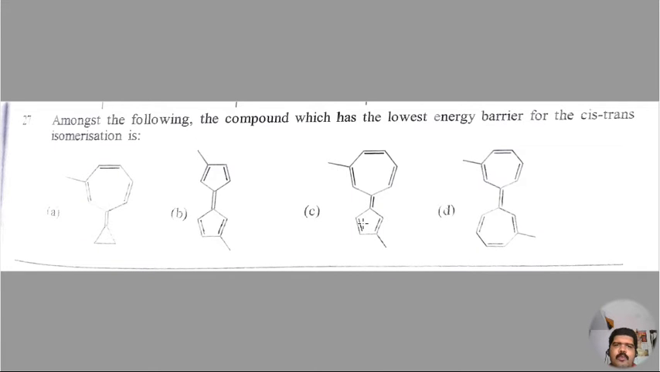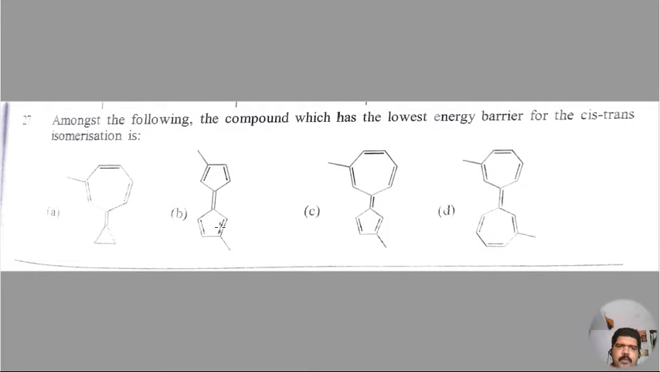Among the following, the compound which has the lowest energy barrier for the cis trans isomerization. It's one of the easiest questions. In all these compounds you have a C double bond C between two rings, and you need to cleave this double bond in such a way that both the species will be aromatic. Now looking at the first one, this is sp3 hybridized carbon, so you can't have any aromaticity, so you neglect